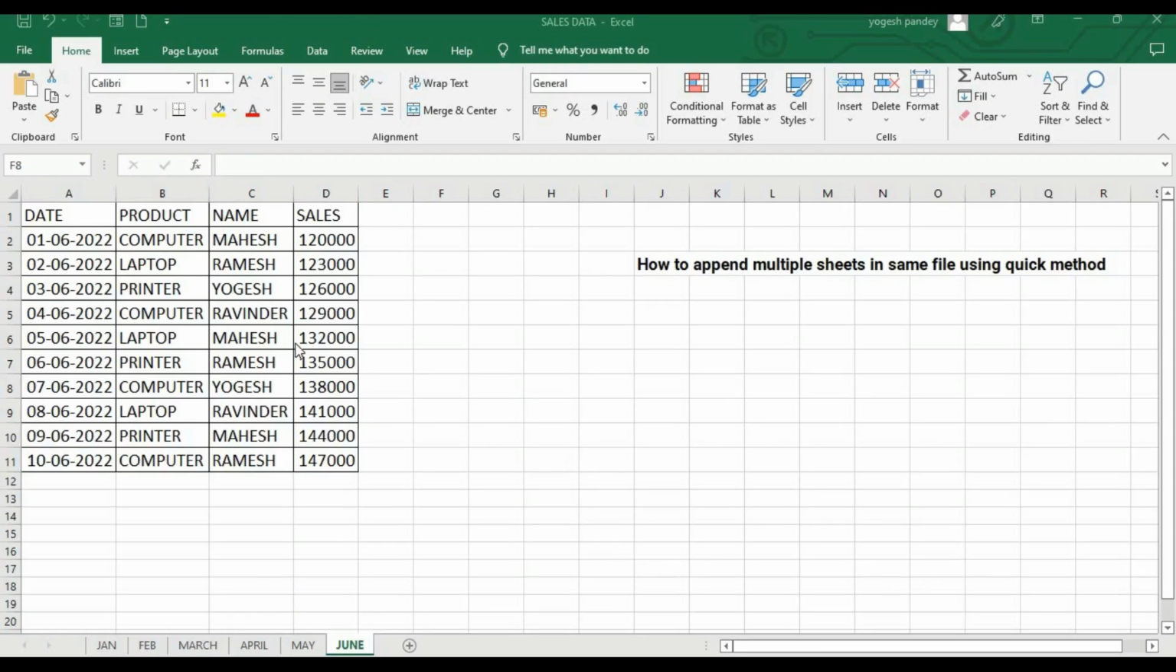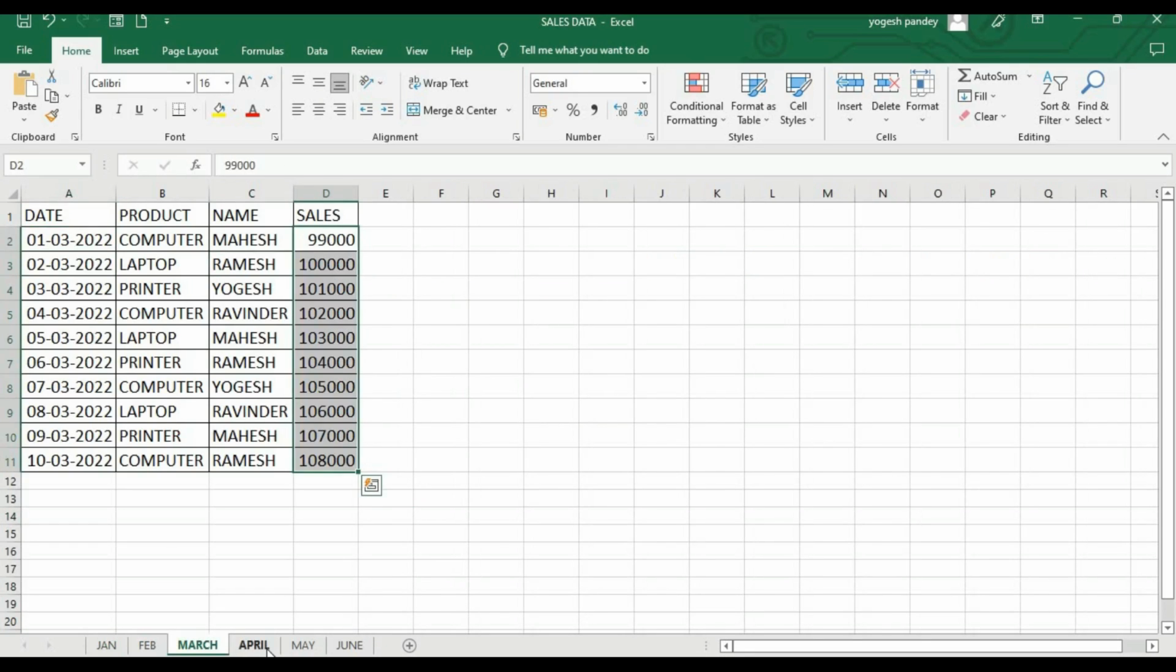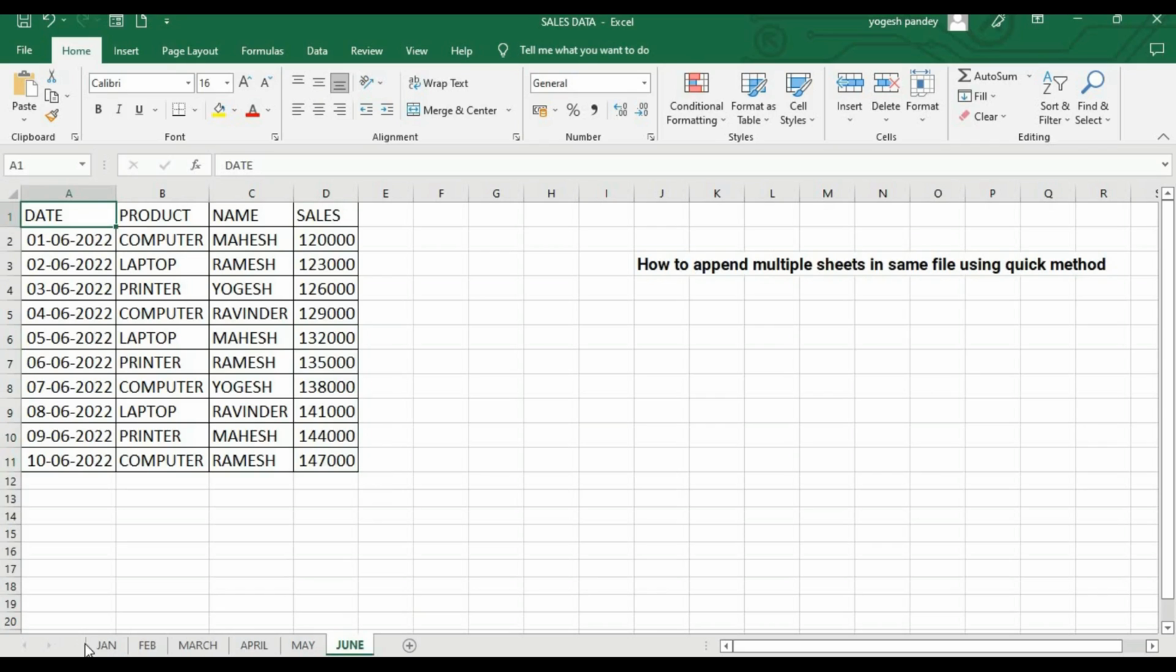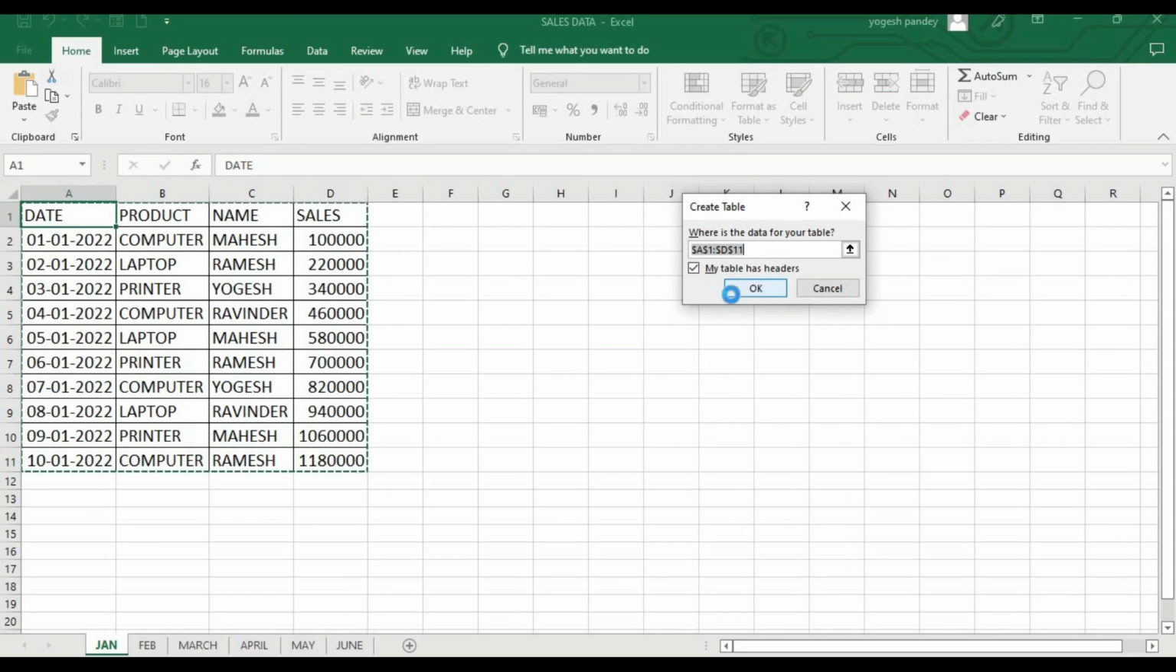So friends, now in this video we will learn about a quick method of how we can append multiple sheets into the same sheet. Like we have data, as we know, in January, February, March, April, whatever data is there. So what we will do, I will click on January and convert it into a table. I will click here and press Ctrl T from my keyboard,